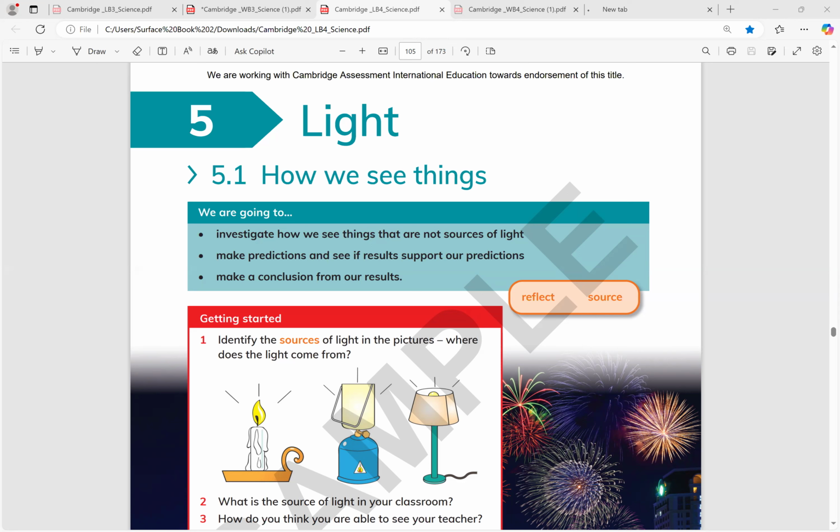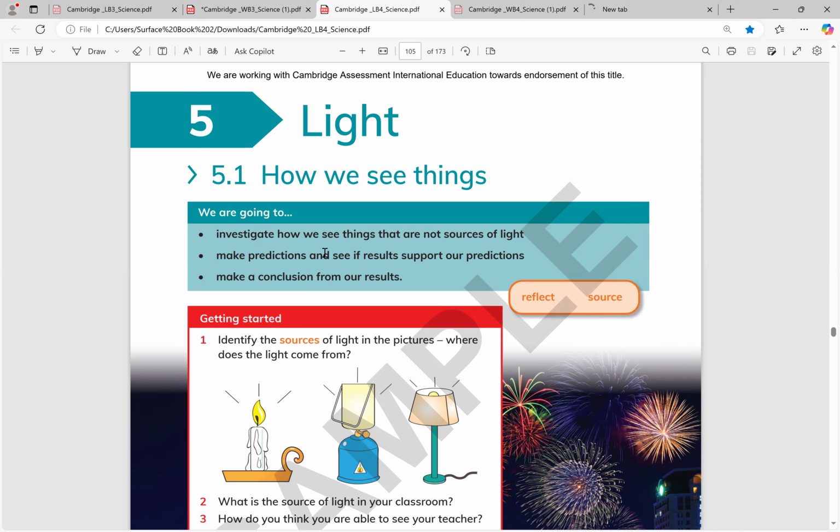So, we're going to learn about light. I would like to give everybody a disclaimer: we are going to have a test next week. I will send you the official book, and you can review it before you take the test. I will also send you grade 3 material if there is any in there as well.